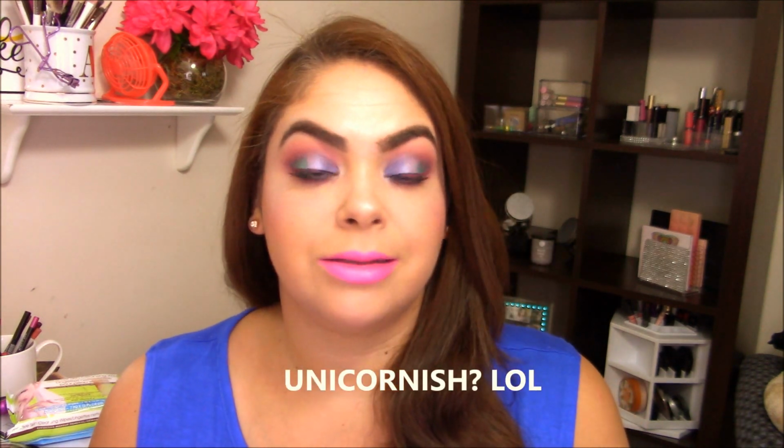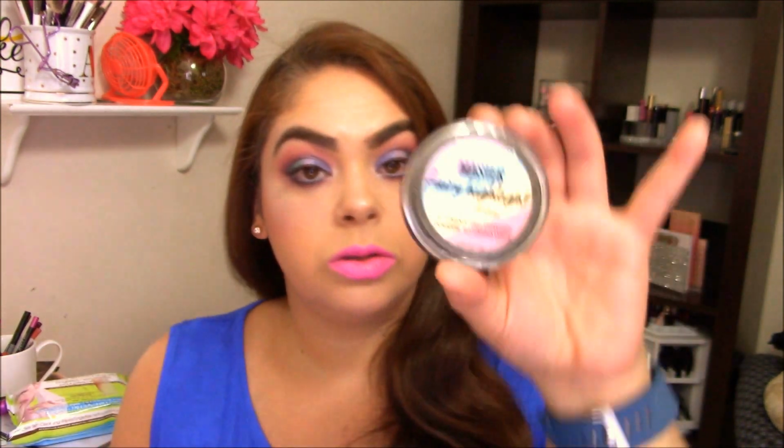I have been inspired by a lot of looks on Instagram. There's no particular person, but I've been seeing on some of the Instagram feed those unicorn colorful highlights and just the pastels, the purples, the greens, the blues, in one makeup look. So I was really inspired by that, and I wanted to create something fun, colorful, summery, unicornish, not something that you would wear every day, but I thought it was really cute, and I wanted to use this